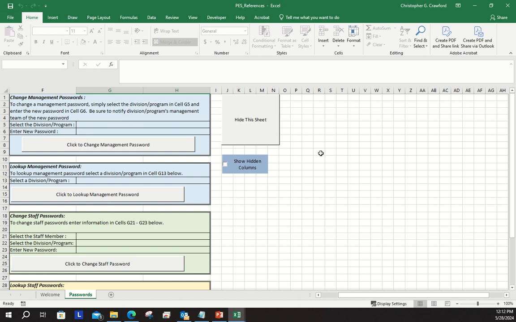Okay, so this is where you would manage, look up, and change passwords for the employee workbooks, right? If you recall from videos 2 and 3, those passwords are important. And here's where you would look them up, and here's where you would change them. So let's show the hidden columns, okay? I don't want you necessarily working this way, but there may be occasions where for whatever reason you need to look at the raw data. So you're going to click this checkbox,